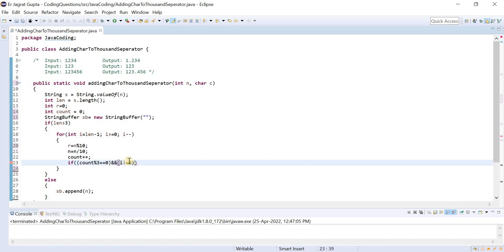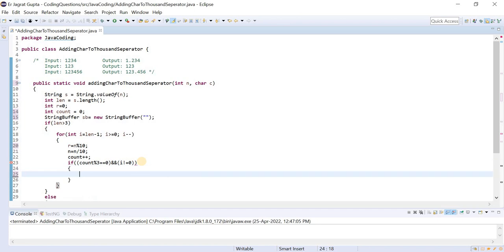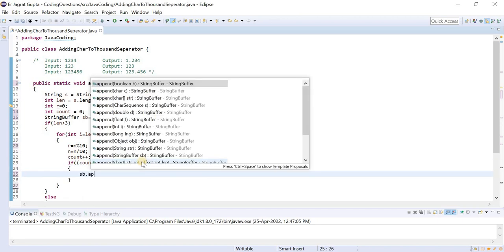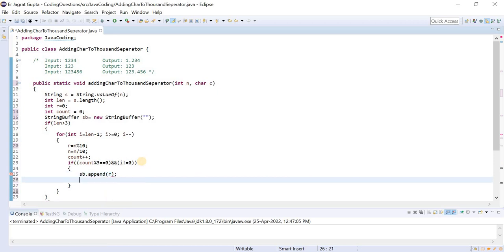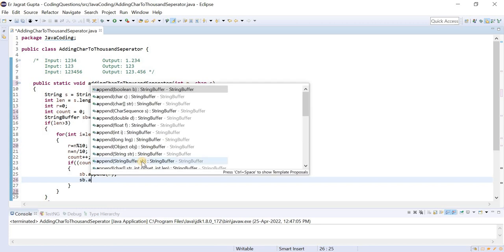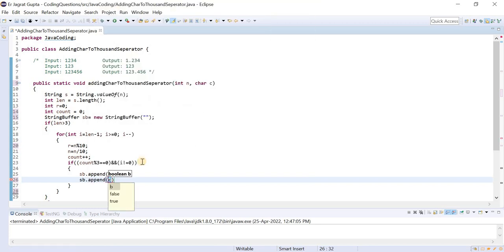Okay, because if i will be 0, then the loop will end. Okay, then what will be the case? sb dot append. This particular remainder, whatever that is, will be extracted, and now I will append this character.